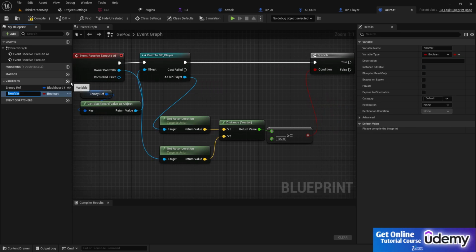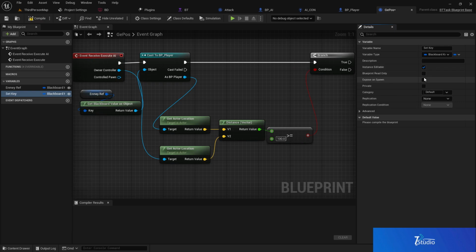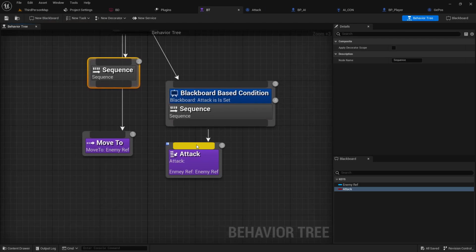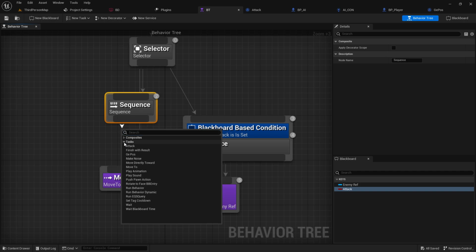So how? Let's set that: Set Target, Set Key, and we are again going to set it here like a Blackboard Key Selector, advanced option, and compile, save. And then we need to go to our behavior tree, and at the behavior tree we need to give this task. So